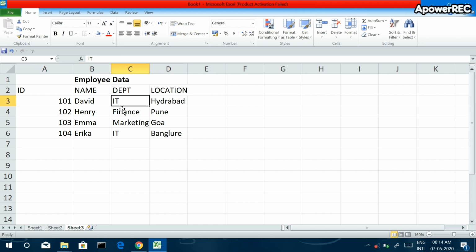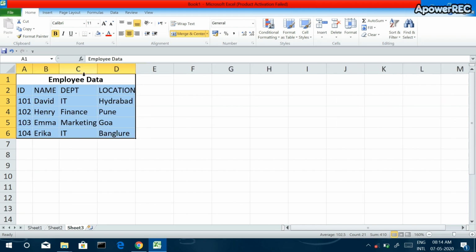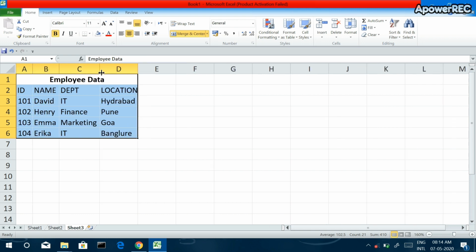And another thing I have told you before, the text in these cells is not correct and not looking good. So what can I do? I can select my whole data and simply double click between any two columns. You can see it automatically resized every column. Now it is perfectly sized. Hopefully this little trick will help you to make your data look nice. After all, when it looks nice, it will be easy to read and understand.